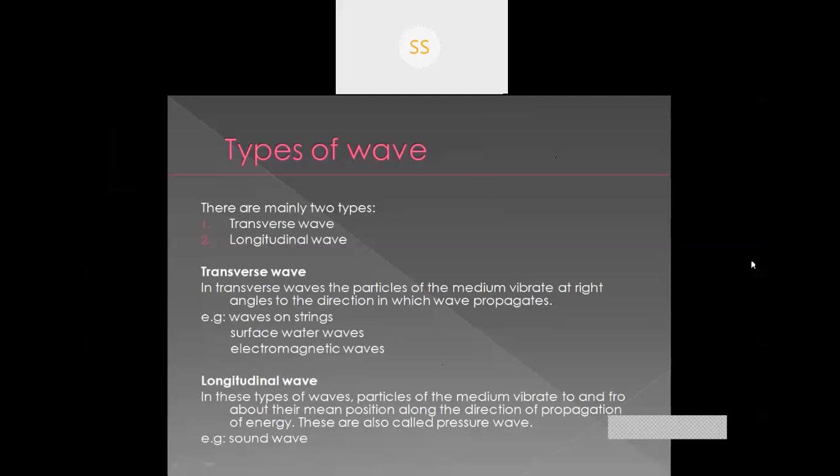Okay, so now types of waves. So basically there are two types of waves, transverse waves and